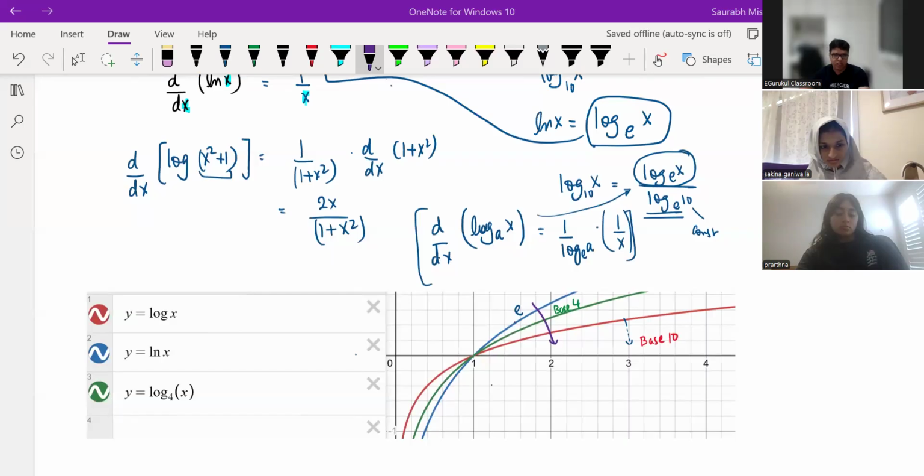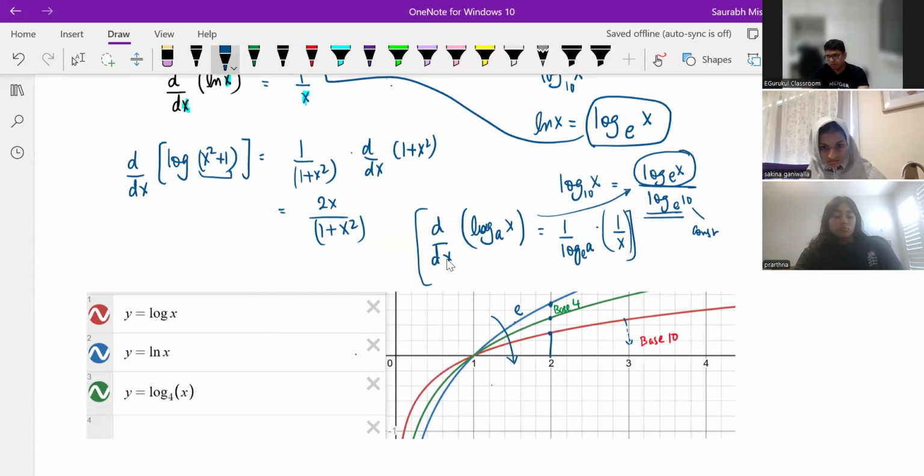If you see x equal to 2 value here for all the graphs, this has some value. This has a different value. This has a different value. And you see that value will increase as the base goes down for any value after